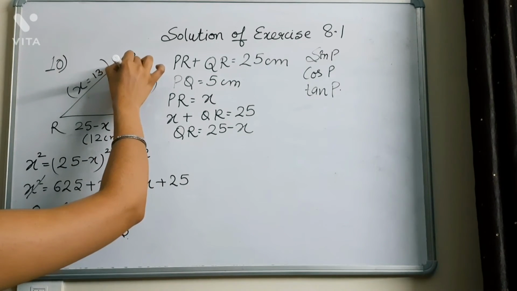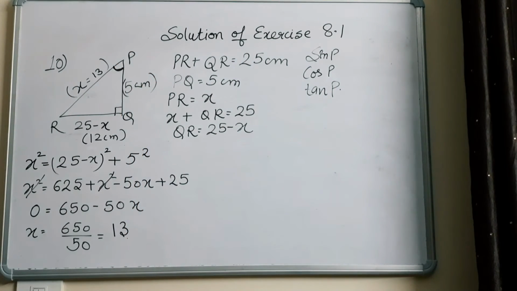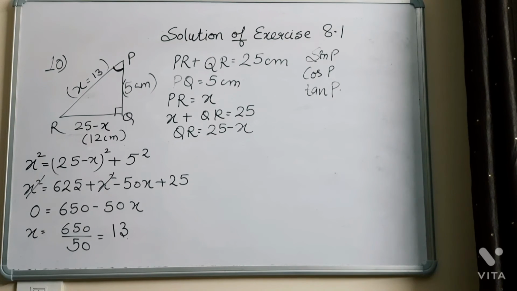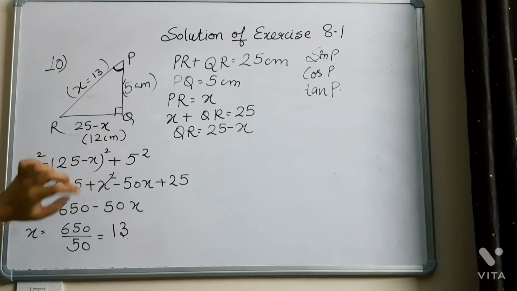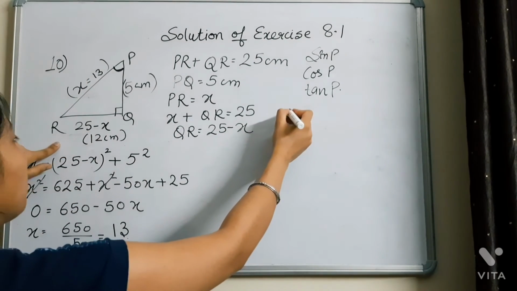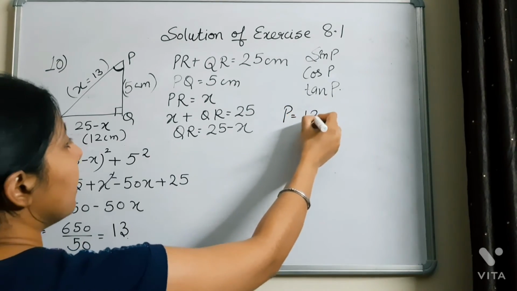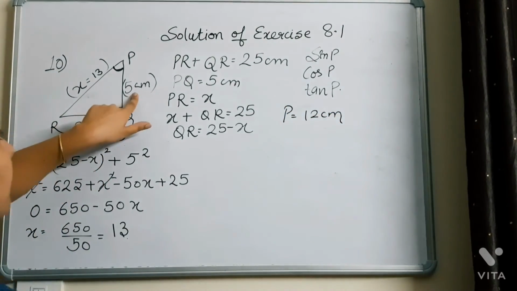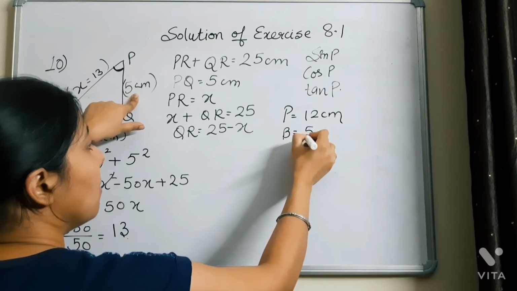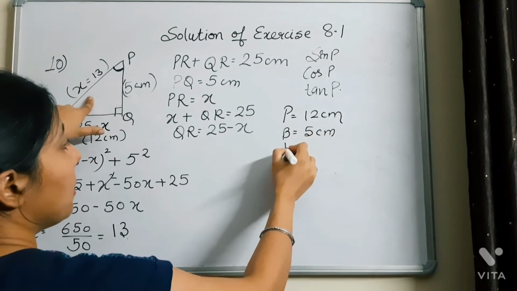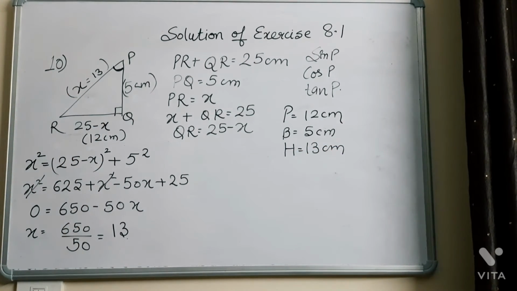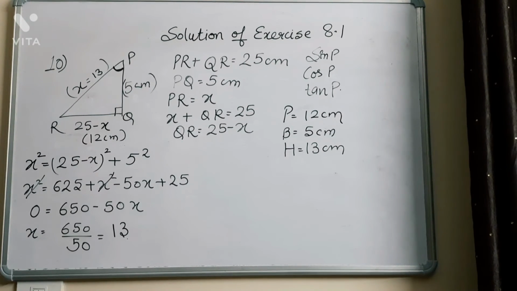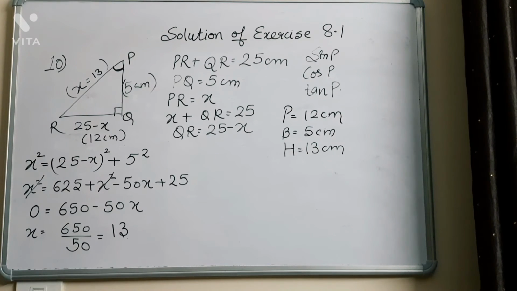So now here your theta is standing here at P, and I'm reminding you again that the side opposite to the taken angle will be representing the perpendicular. So here perpendicular will be 12 centimeter and base will be 5 centimeter, and here the hypotenuse will be 13 centimeter. Fine. Now you have all the three data for calculating the trigonometric ratios, that is P, B and H. Now we will calculate one by one each of the trigonometric ratios that are asked in your question.